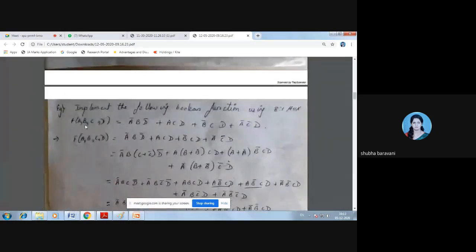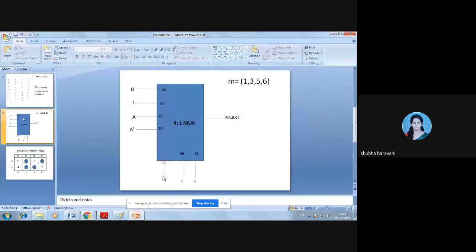See, here what happens, it's a 4 variable function. Actually we need a 16:1 mux, correct? 4 means what? 2 power 4. It means I actually need a 16:1 mux, but here you are asked to use only an 8:1 mux. So in this case what will you do? 8 means 2 power 3.